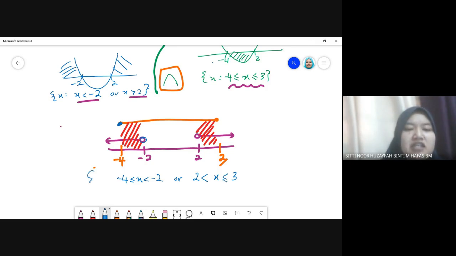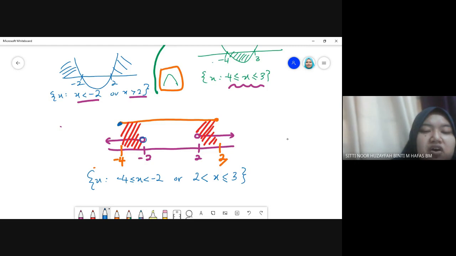So ini jawapan awak. A set of x such that x is from -4 up to -2, where -2 is not included, or from 2 to 3 with 3 included. Tak kisahlah macam mana you sebut tu. Tapi -4 less than or equal to x less than -2 or 2 less than x less than or equal